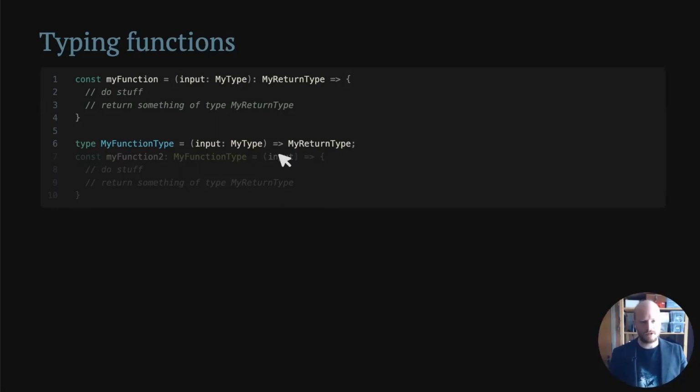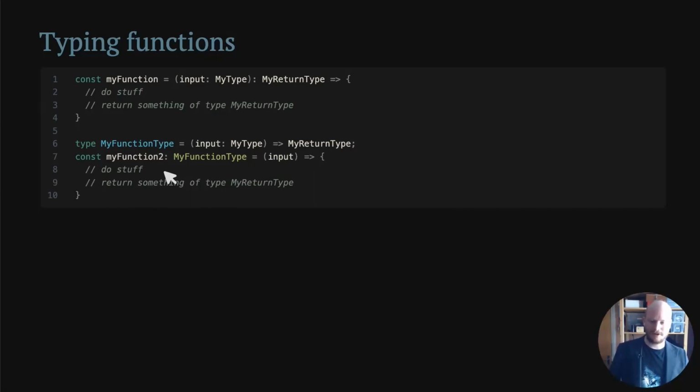This is basically the only place in TypeScript where an arrow is denoting the type instead of a colon. Why they've done this, I don't know. It seems weird to me, but probably some parsing stuff. But specifying the type like this as a separate type, we can then type our function as the complete function type directly after the function name.